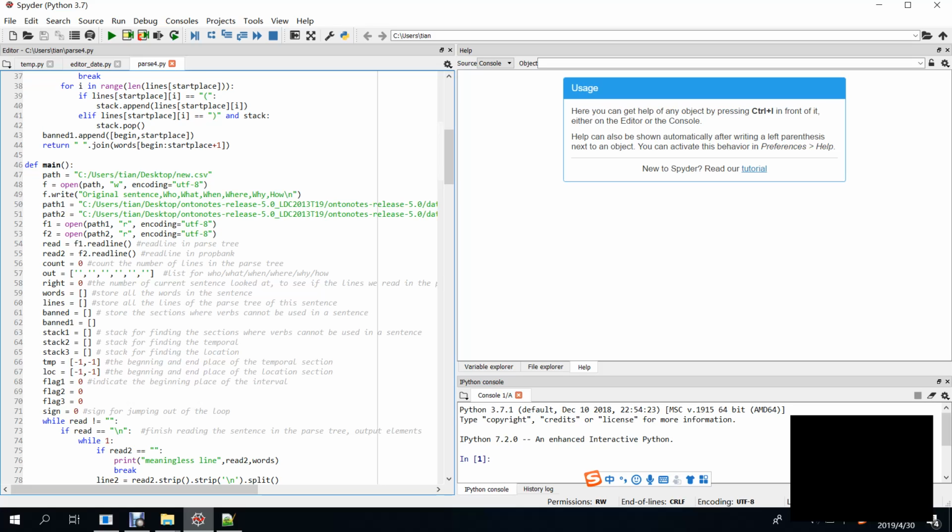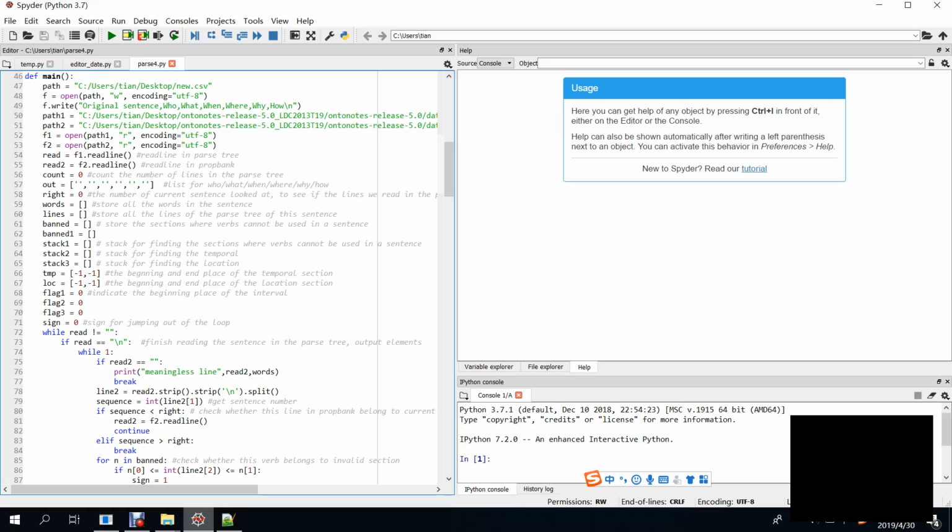So we open these two files and we read each line in one iteration, and this count is a variable that we use to count which line we are reading in the parse tree corresponding to the current sentence. And this out is a list containing the 6 elements that we want to output, and this words list can store all the words in a single sentence, and this line stores all the lines in the parse tree corresponding to one sentence, and this band stores the intervals